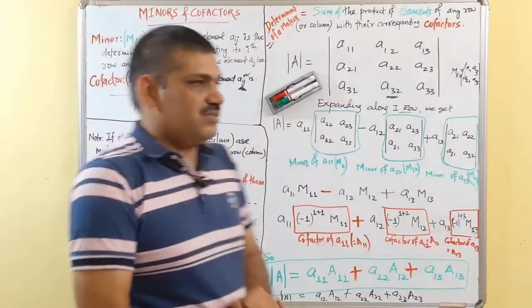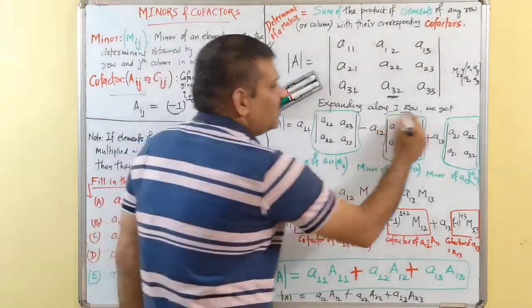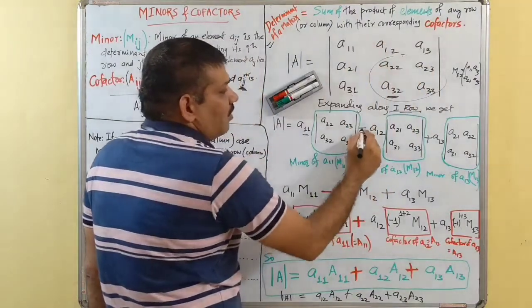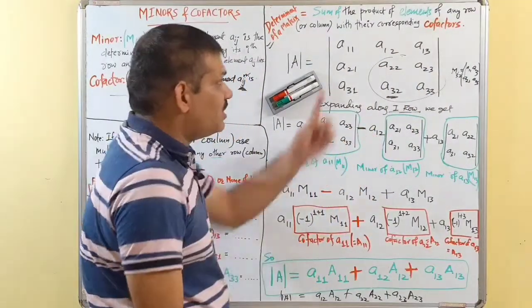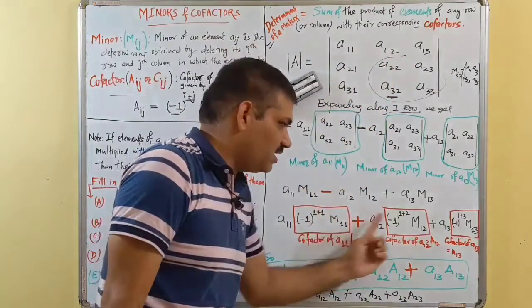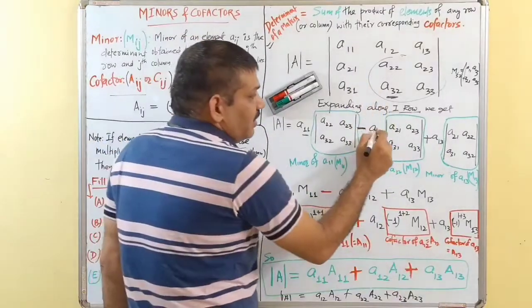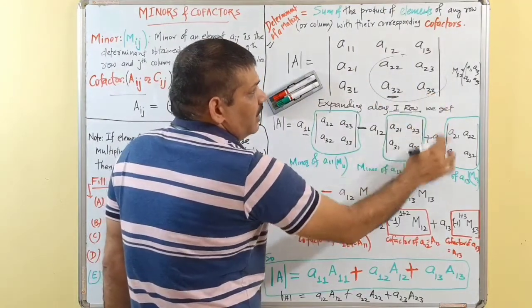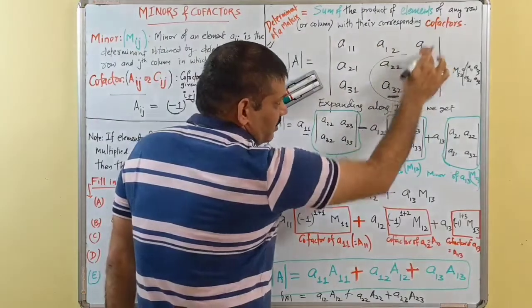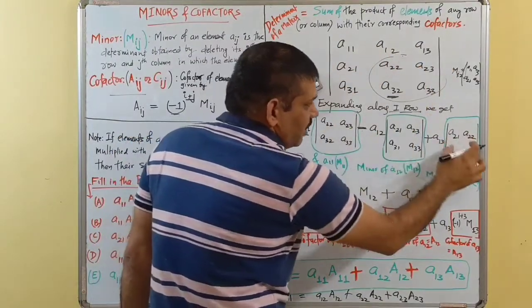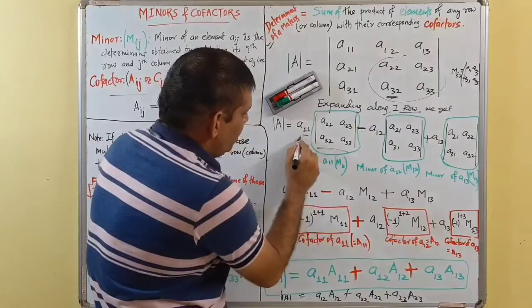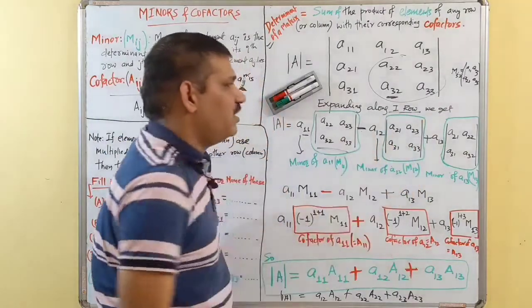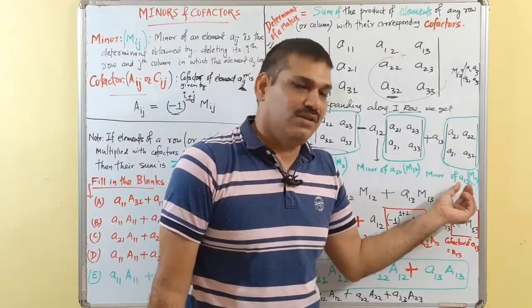Well, let's first try to understand it. If I expand along the first row, A11 will be multiplied by this determinant. Again, minus. We usually put plus, minus. Now we'll understand why this plus minus is there. So minus A12 will be multiplied by its minor. Again for A13, we delete the first row and third column and multiply by this minor. So this determinant is the minor of A11, this is the minor of A12, and this is the minor of A13.